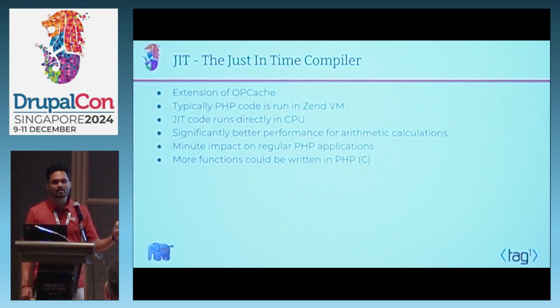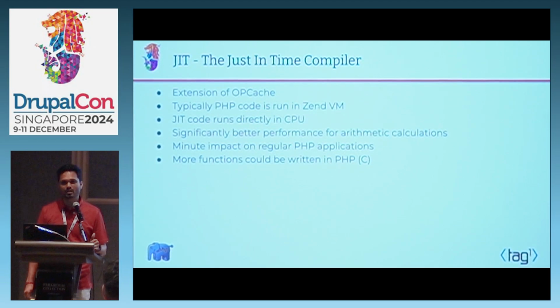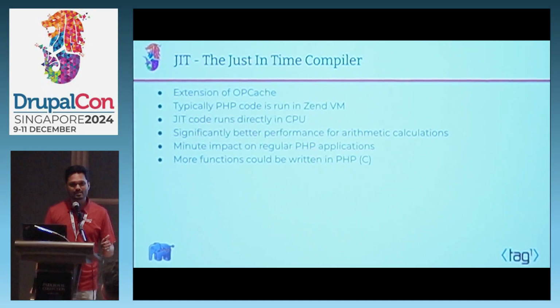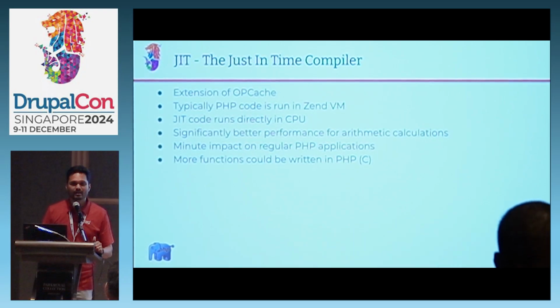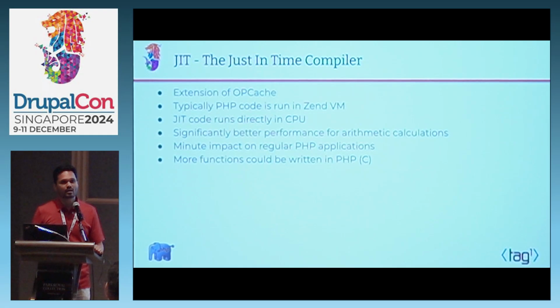what it does is it converts the code again into a different format. It's not a format that is generally created with opcache. It's not opcode. It's a dynamic assembly code that it generates, and it is not run in a Zend virtual machine as regular code, but it is run on the operating system CPU itself. It has been found that it increases the